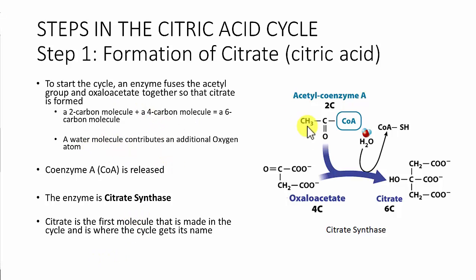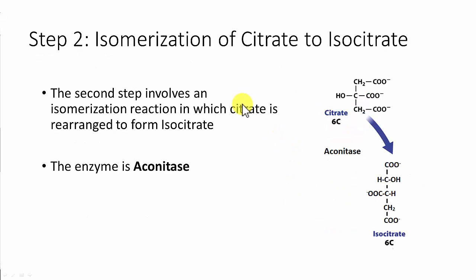Also, a water molecule contributes oxygen in this reaction, so we're adding some oxygen in the process. But ultimately, this is a key synthesis reaction in which our carbon comes in, joins to the oxaloacetate to make a 6-carbon compound. Now, with the remaining steps, we're essentially going to see the transformation of that carbon through different